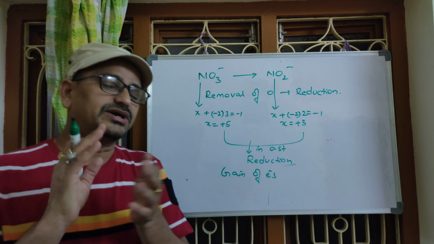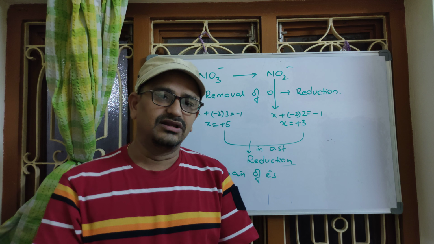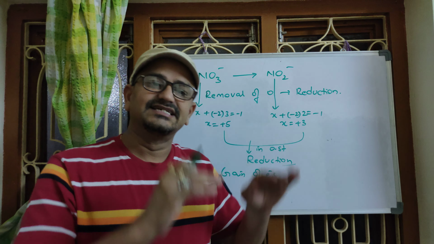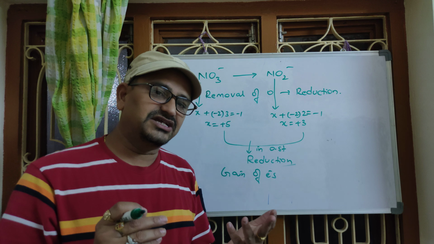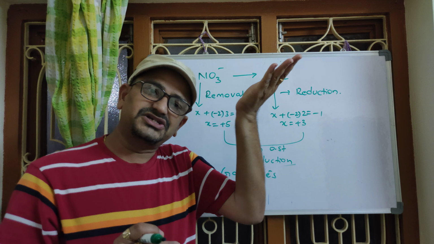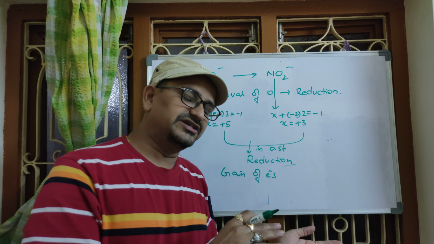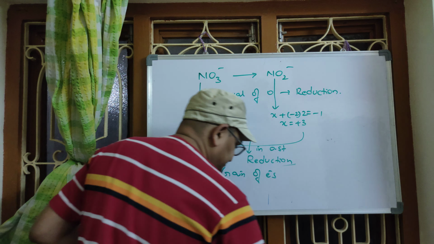So once again, what is oxidation? So final line, which is more and more useful: oxidation reaction is increase in oxidation state. Reduction reaction is decrease in oxidation state. Understood? Oxidation reaction means increase in value. Reduction means decrease in value. This is the best method always to predict oxidation or reduction. Right? Few more examples.